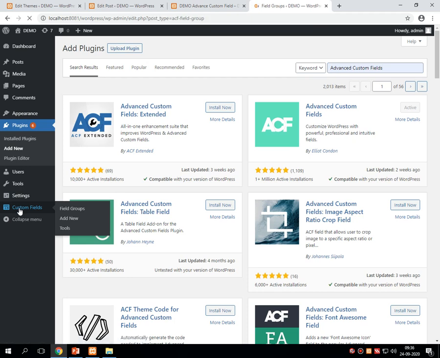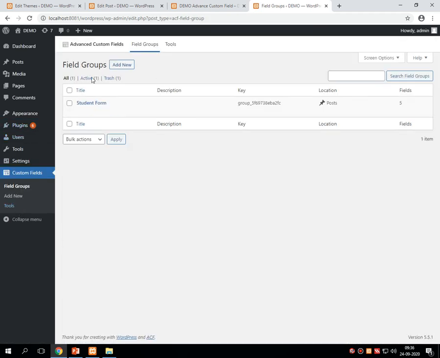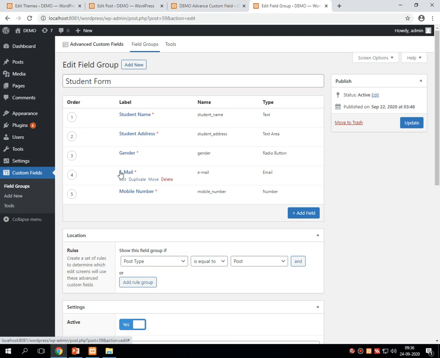Then I went into the custom field and created a new field group called student form, under which I kept five options: student name, student address, gender, email and mobile number, with relevant field names like student_name, student_address. Gender is a radio button, address is a text area, name is text, email is email, and mobile number is a number.